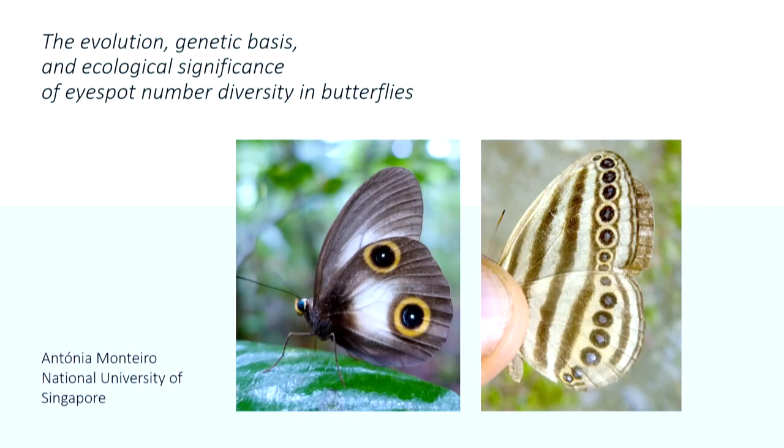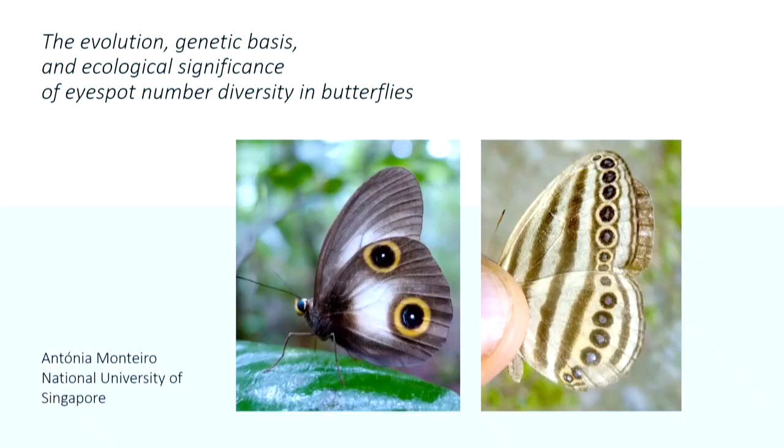So I'm going to be talking about this type of diversity on the wings of butterflies. These are satyrid butterflies. There's a lot of eyespots that this family of butterflies uses. And I've been interested for a long time in what creates this type of number diversity on the wings of